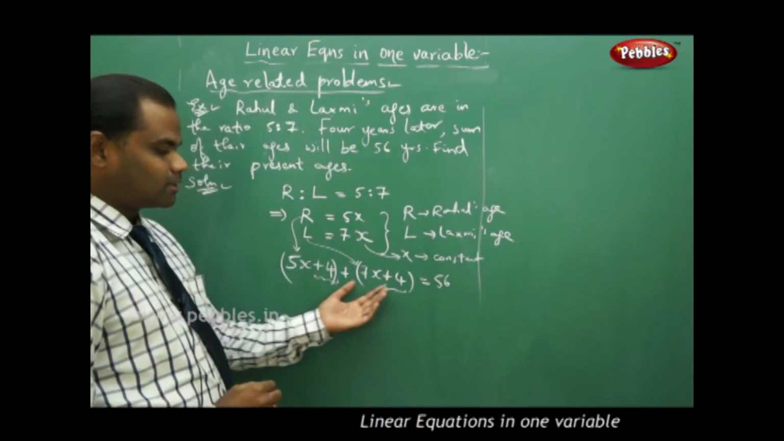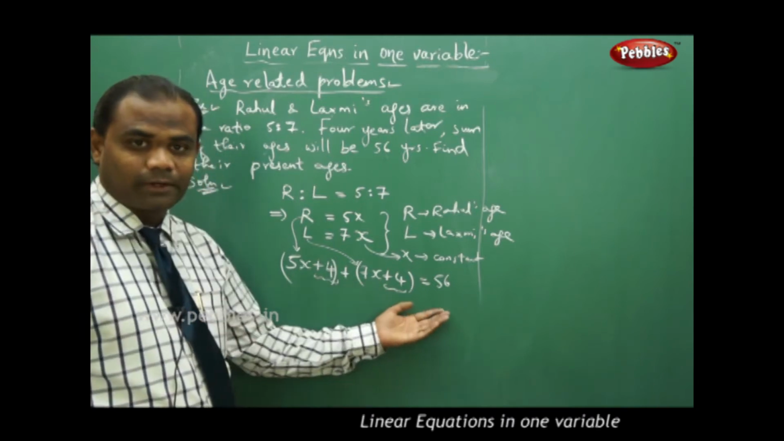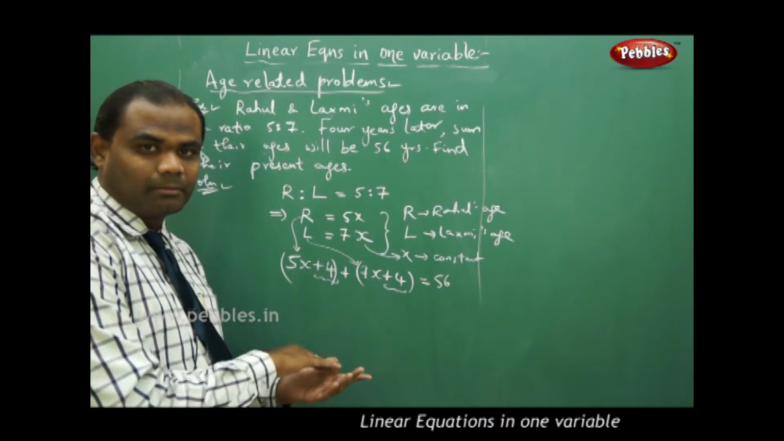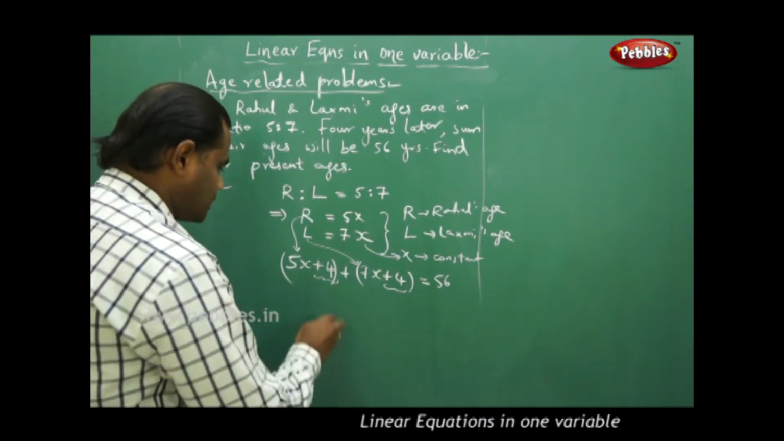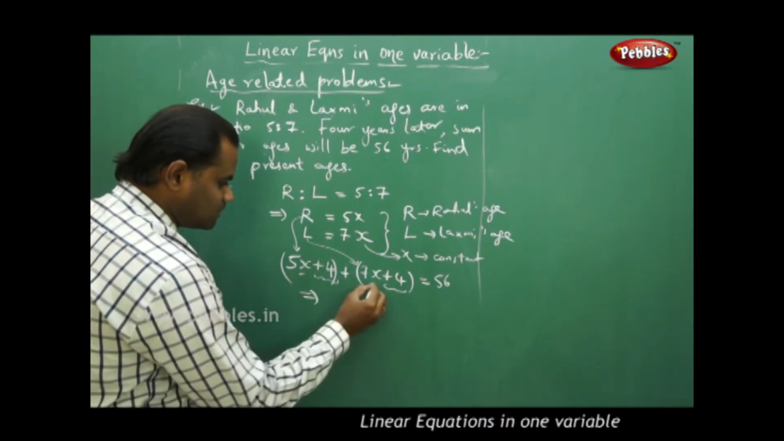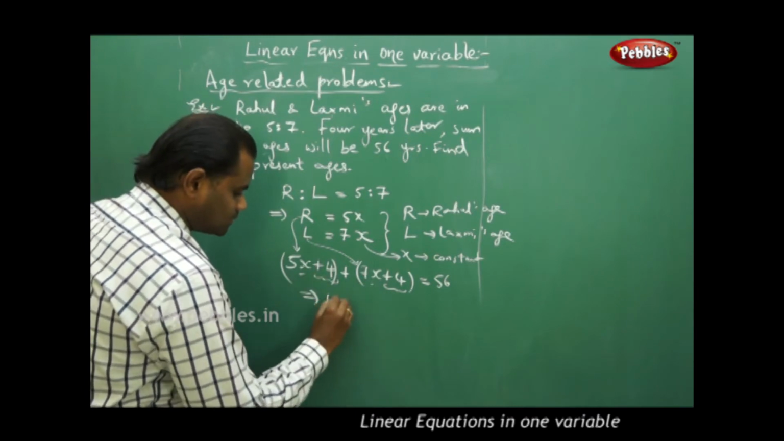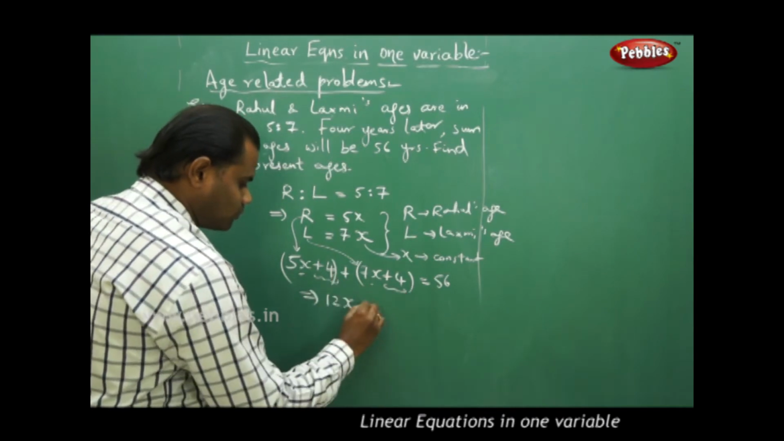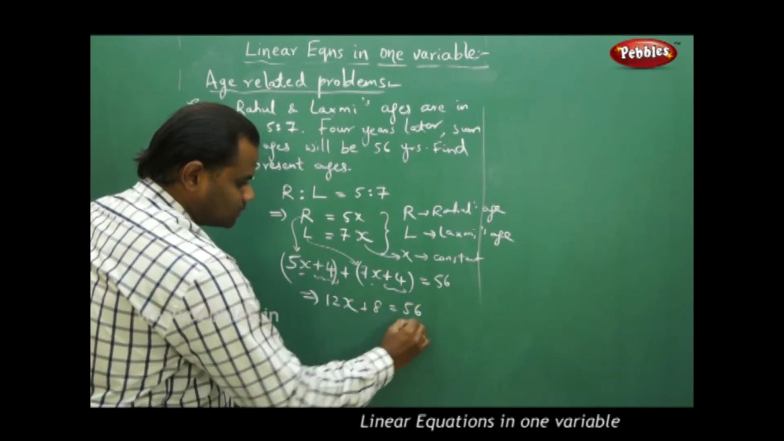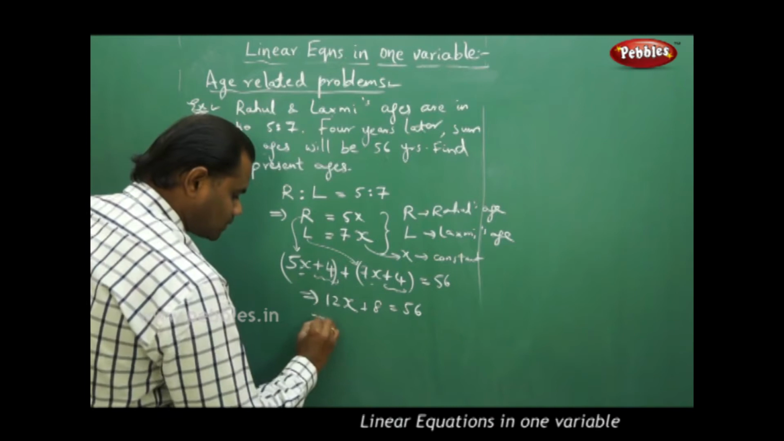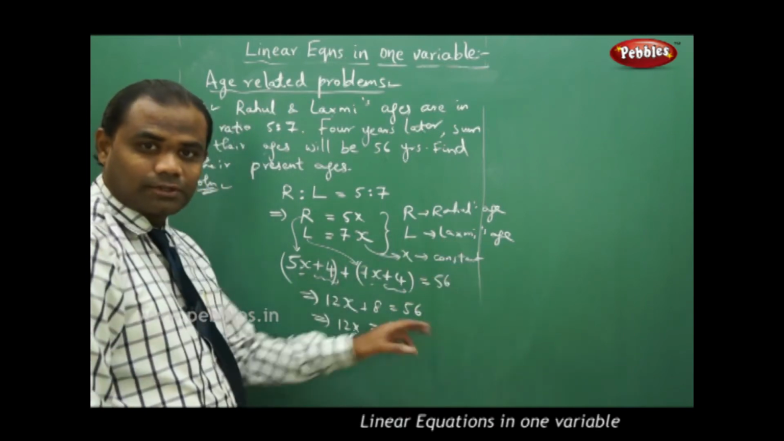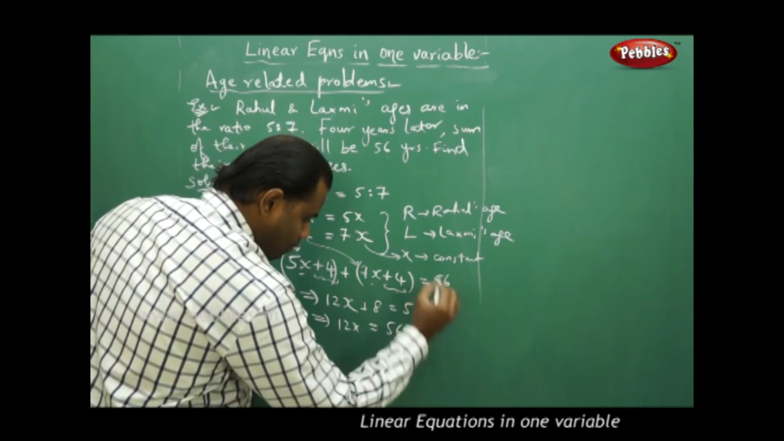Now I would like to extract the value of x. This is a linear equation in one variable, which is x. So I can solve that by taking x on one side and all the remaining constants on the right hand side. So I take 5x plus 7x, I get 12x by adding the x terms, and then 4 plus 4 is 8, which is equal to 56. Now in this case, 12x equals 56, and plus 8 to the right comes as minus 8,